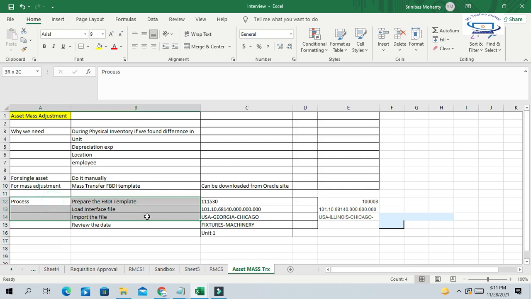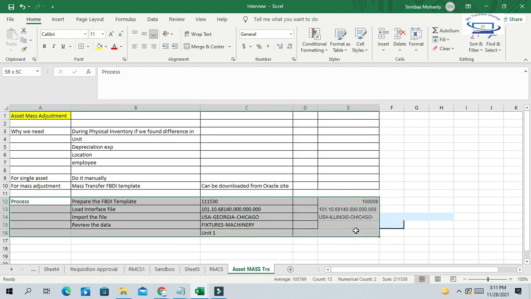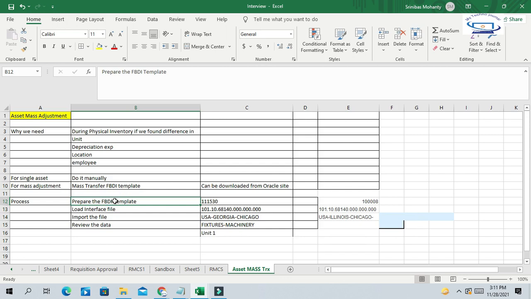But if there are multiple assets, more than 100, or a mass transaction you want to upload or adjust, you can use the FBDI template. In Oracle Fusion, the good thing is that they have provided a lot of seeded FBDI templates that we can leverage to prepare our data and upload to Oracle Fusion.